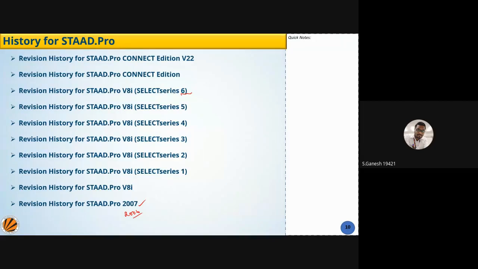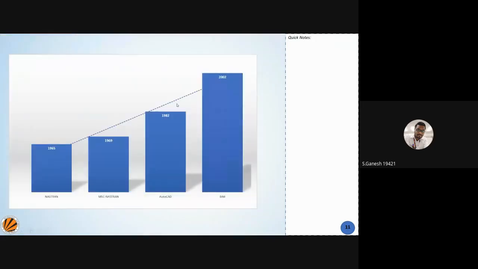Rather than spending more time here, I'll give you a quick review of how it has been developed. Those who are hearing the word BIM right now in the market: a number of students are going towards BIM, right? Why are you going further to BIM? What is the need of BIM? You say that BIM is building information modeling.